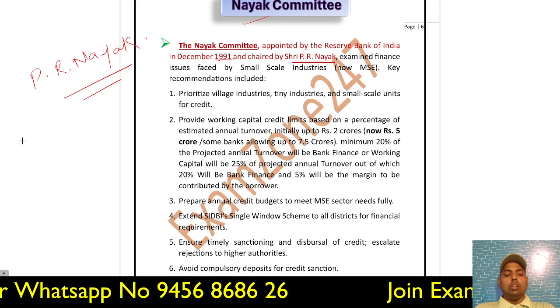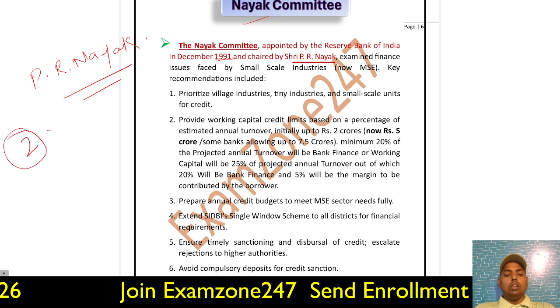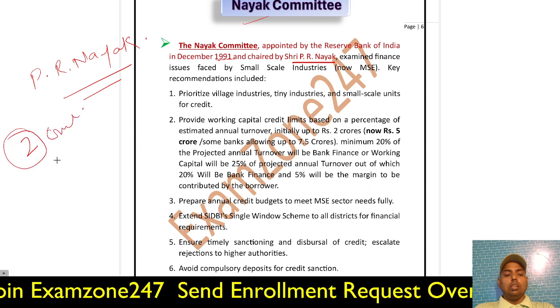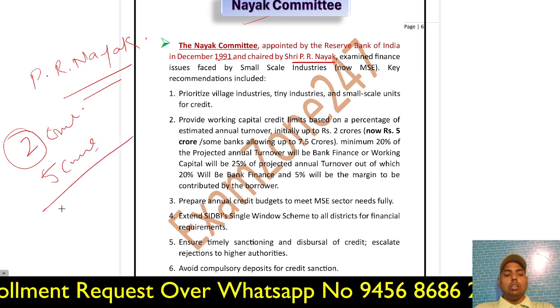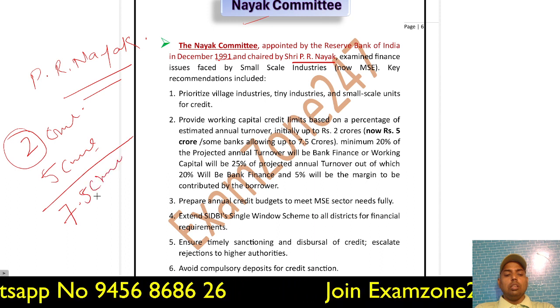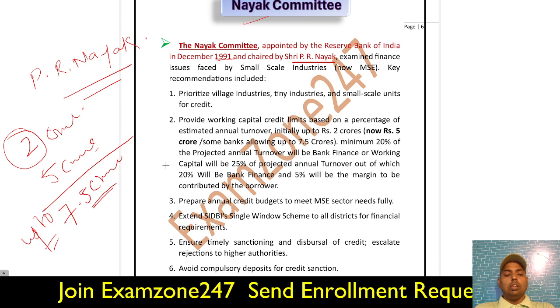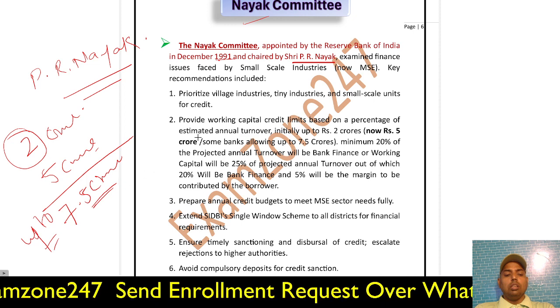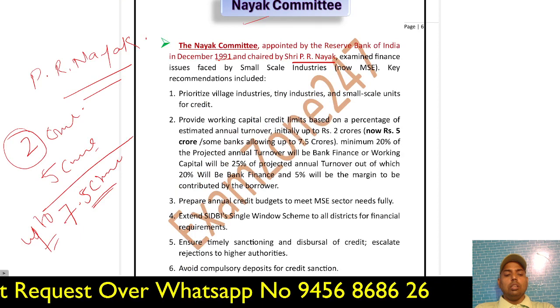What is the limit? Earlier it was when sales or projected sales is 2 crores. Later it was revised to 5 crores. Then some of the banks have revised it, and some banks are treating it up to 7 crores. Okay. Here the words up to are used. Now see,